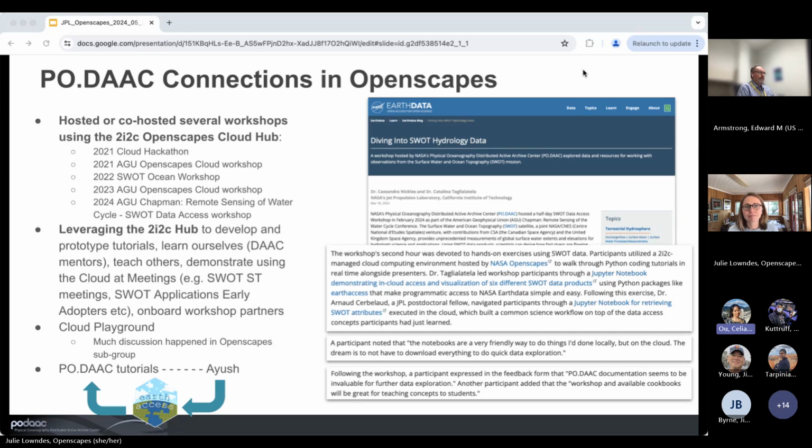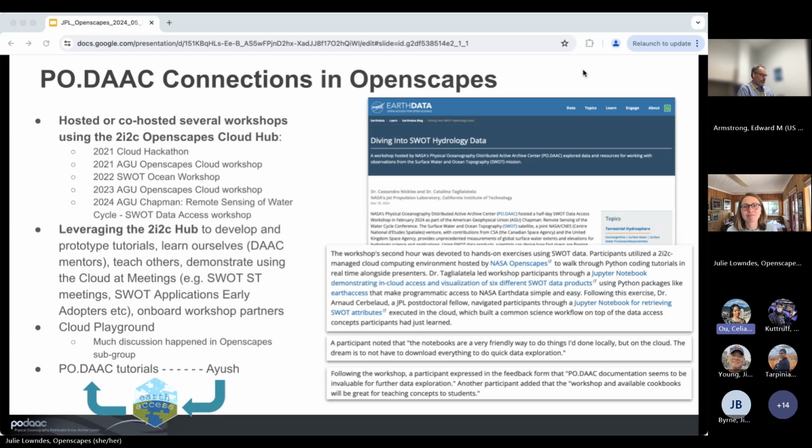Last point, only because it is the most recent that I've heard of, is that we haven't just adopted Earthaccess tutorials at PO.DAAC, but I want to come full circle and shout out to Ayush, who identified issues that PO.DAAC users have or potentially will have with PO.DAAC data using it in the cloud. And to tackle those issues, Ayush actually found Earthaccess, connected with the Earthaccess developers himself. And through that, he got into attending the Openscapes biweekly